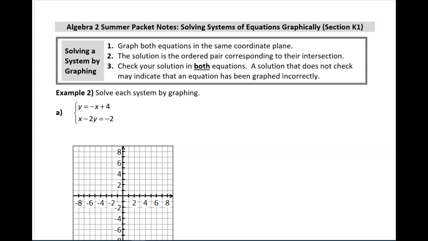In this section, we're going to solve a system of equations. Now, a system of equations with two variables has multiple solutions, and the solutions are actually the graph of each of the equations. So when we graph a line, for instance, in this first example here, y equals negative x plus 4,